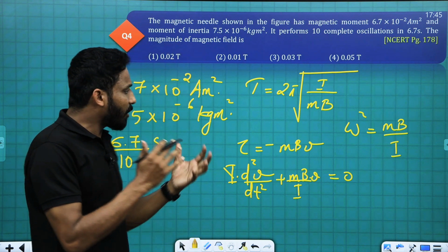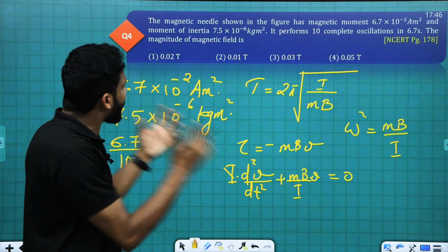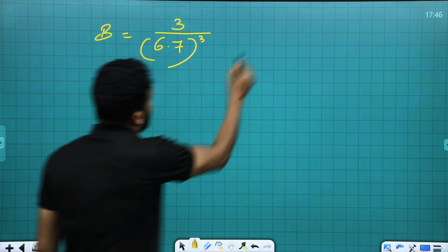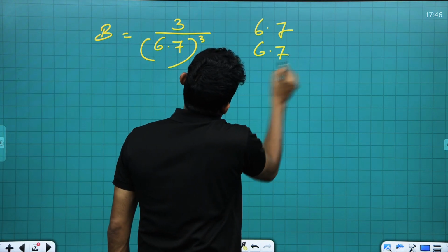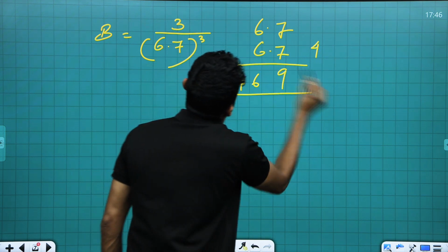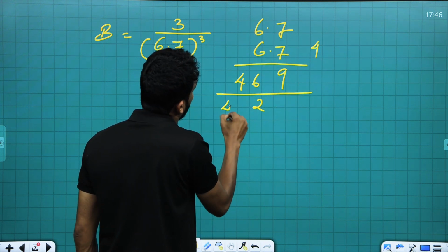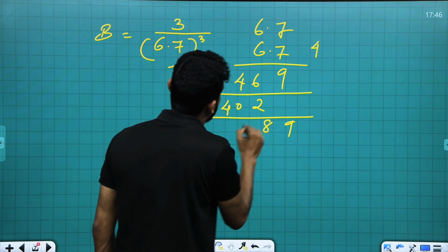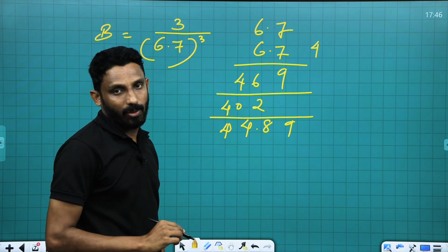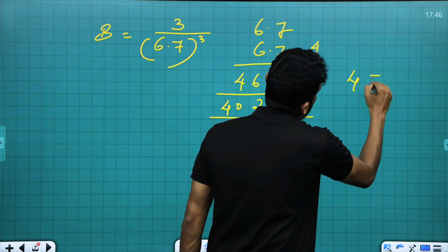Okay, 3 divided by 340, in that range. You can easily check the answer. 6.7, 6.7, 49. 4, 6 into 7, 42, 46, then 42, then 4, 6 into 6, 36, plus 4 is 40. Okay, 9, 8, 4, 4, here it comes, 44.89. Let it be approximately 45. Then